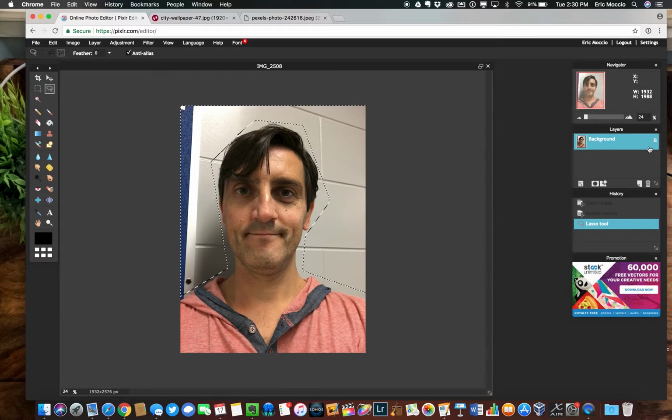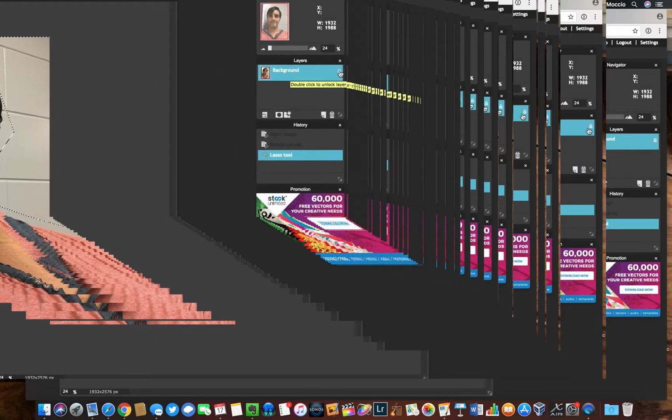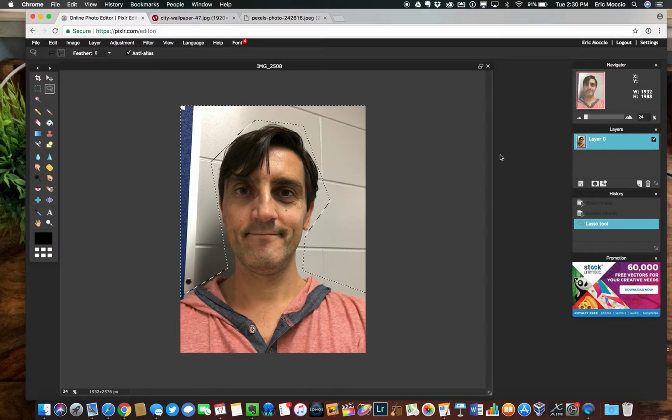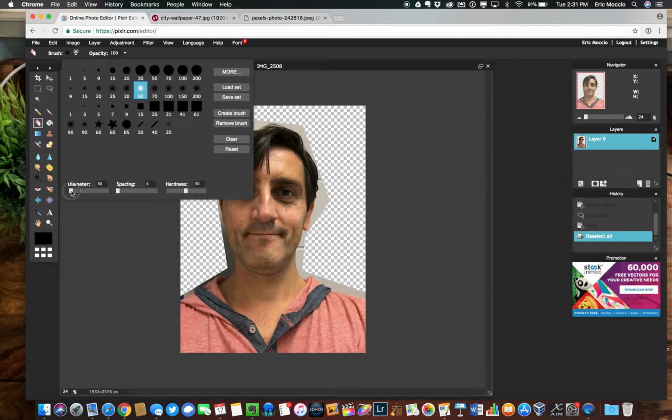deleted. Before I hit delete on my keyboard, I want to make sure I double click to unlock this layer. That's important because now that I hit delete, you'll see that the background is completely gone. But of course I still need to delete everything that goes around me to a better degree here. So I'm going to go to the edit menu and say deselect so I don't have the marching ants anymore. Take the eraser tool and bring my brush diameter up so I have a better brush to play with,